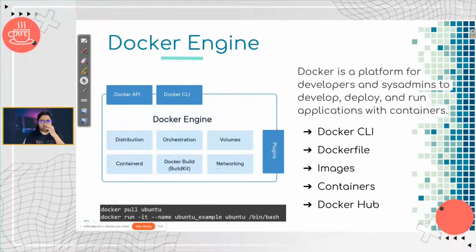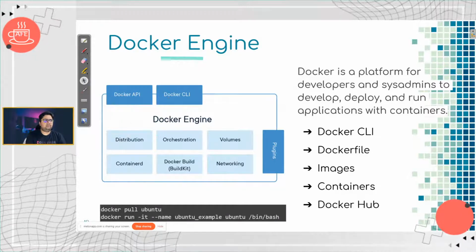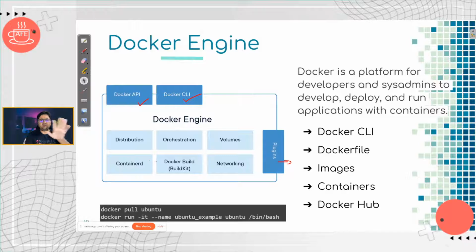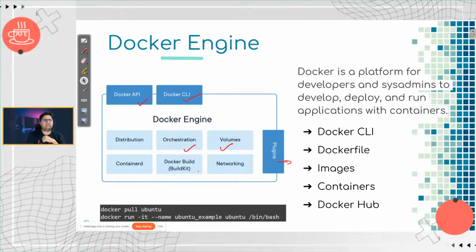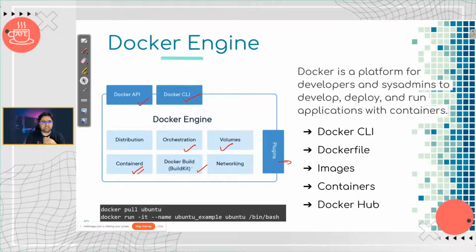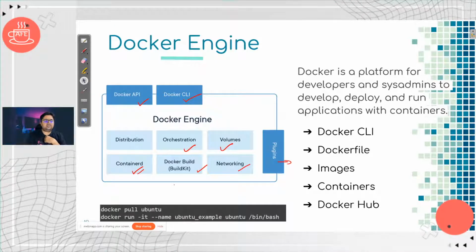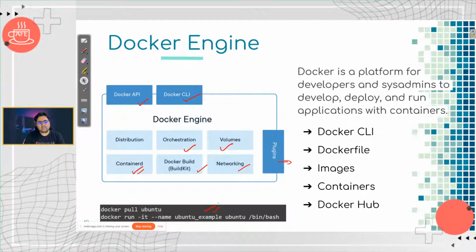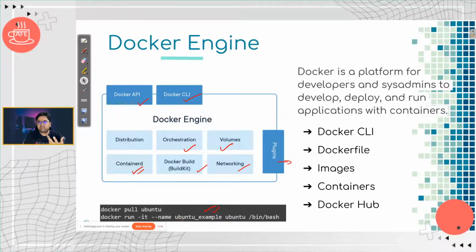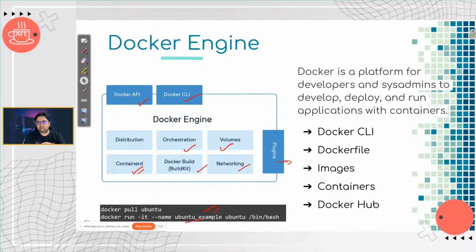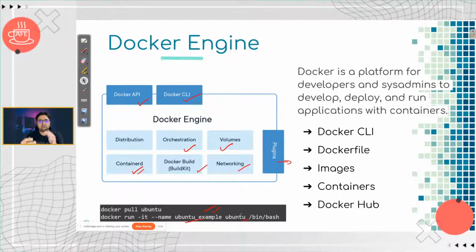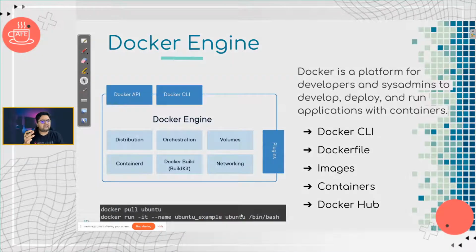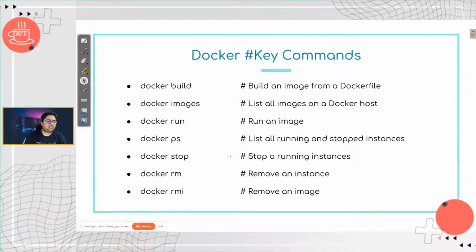This is an example of how a Docker engine works, the components. On the periphery, you can interact with Docker using API or CLI. You can extend it using plugins. And in the core, it will provide you orchestration capabilities, volume management, build management, container runtime, which is containerd, networking, and distribution capabilities. In a very simple sense, if you just want to run Ubuntu on your machine, these two commands, docker pull ubuntu and docker run -it, where -it is interactive, and name is Ubuntu something, and then bash, will just run Ubuntu on your machine. It's that fast, it's that quick, right? So that's Docker engine for us.